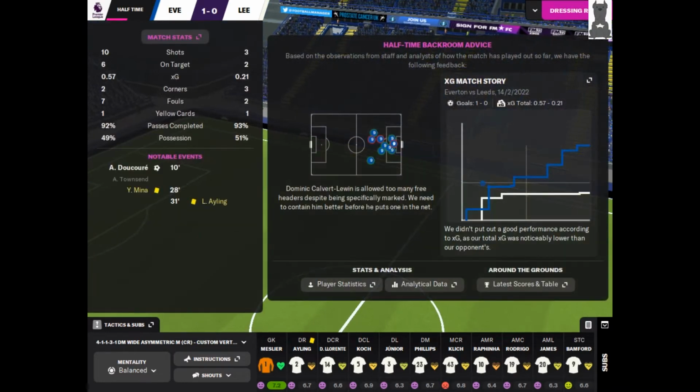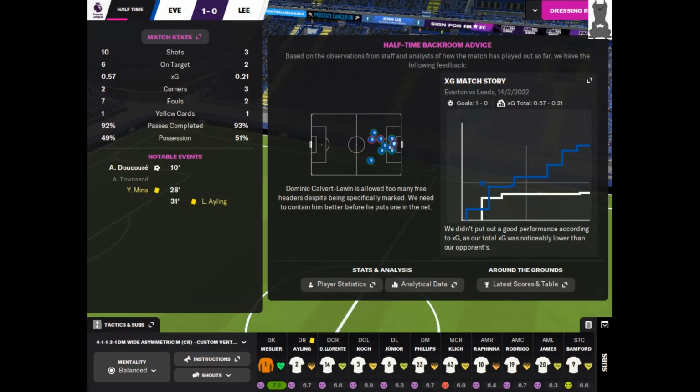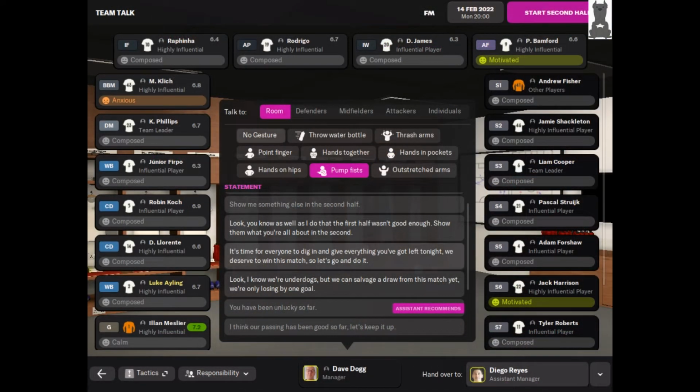And there we have it. It's half time. 1-0 Everton leading on XG. Just about deserving that, I would say. 6 on target to 2. And we really need to get better in the second half. So let's go into this dressing room and wake a few people up. Some poor performances throughout the team. Rafinha 6.4, Dan James 6.3, Firpo is pretty low as well, 6.3,